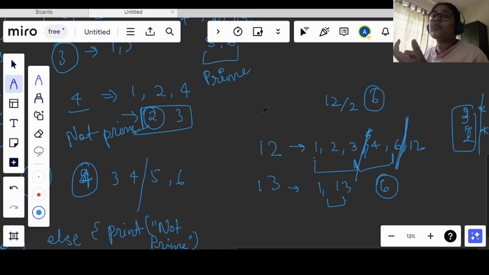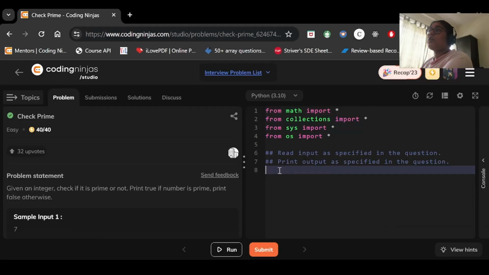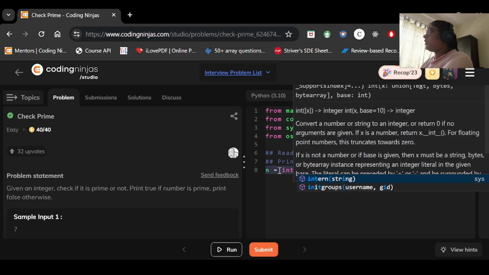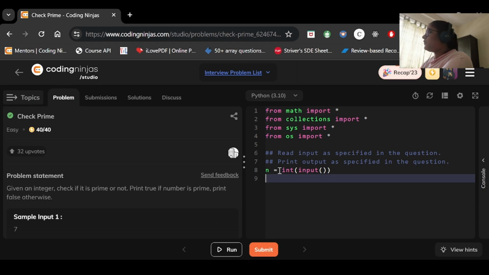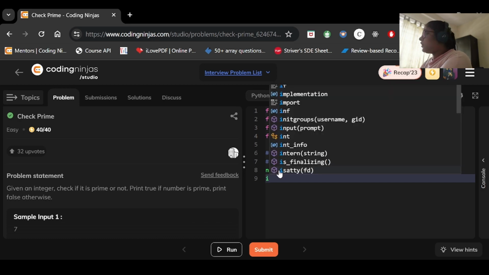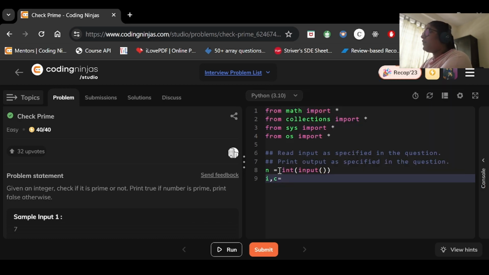Now let's move on to the code. So let's solve this code. Now what we will do here, we will take input n, and now we need two variables, one as a count and one i to iterate, right? So i and c, i will be initialized with 2, because we will check from 2 to less than n.